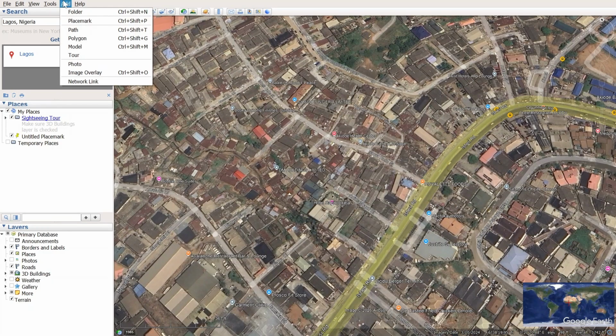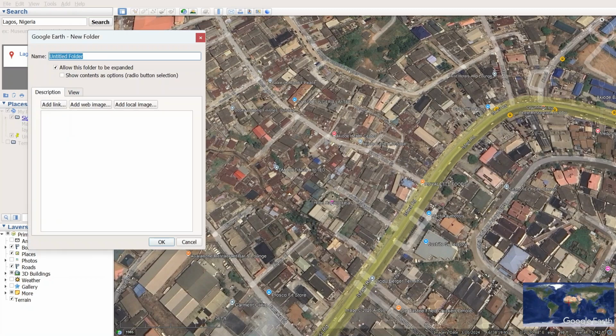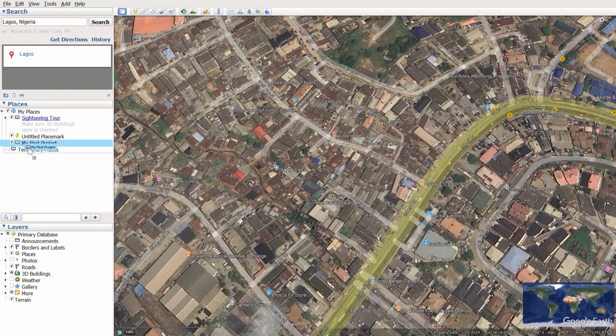So we have the add option. You can add a folder here. We can simply click on folder. You can name it My First Project. Then click on OK. So we can see we have the folder. You can drag it anywhere you want. You can drag it up and down. So you can open the folder